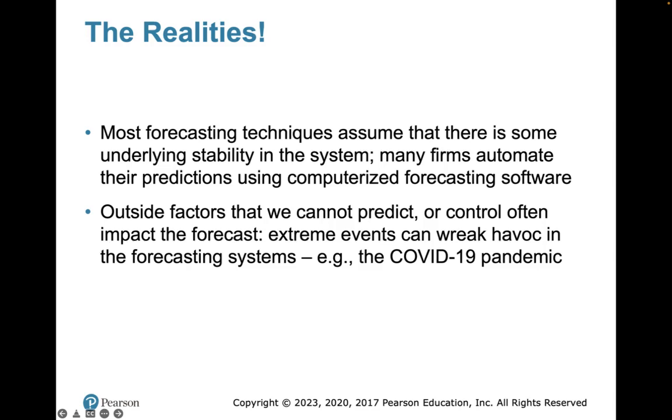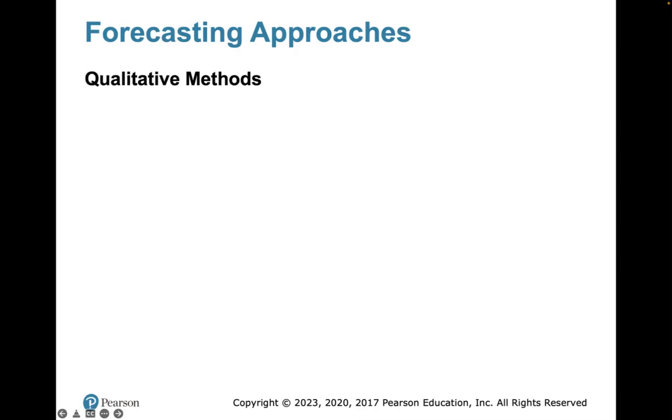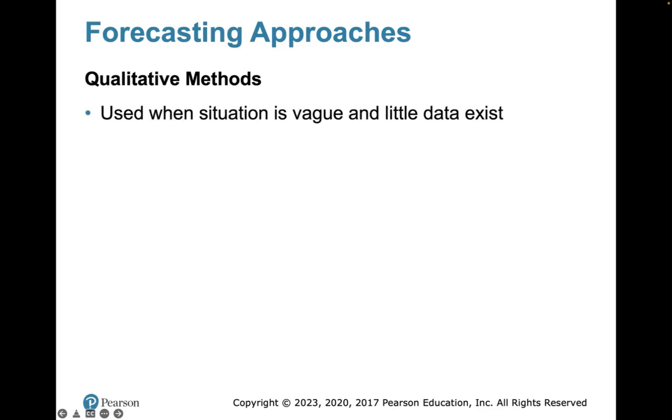Okay. So let's talk specifically about qualitative methods. So when we're looking at qualitative methods, the idea here, again, think of it as the art part of our forecasting. And ultimately, it's really used when we don't have a lot of data. Typically, maybe the reason that might be is if we're launching a new product or a new technology, we're not going to know if it's successful, okay?